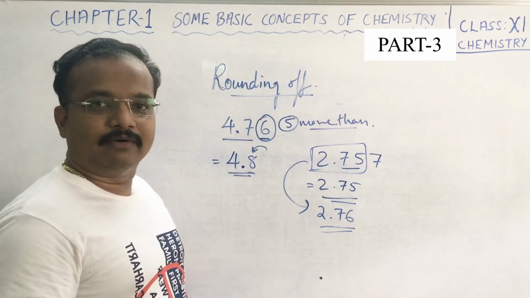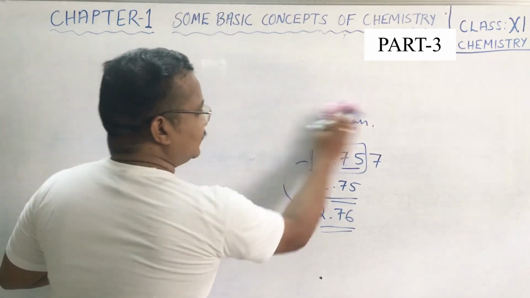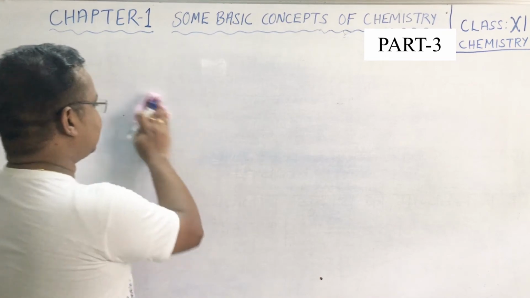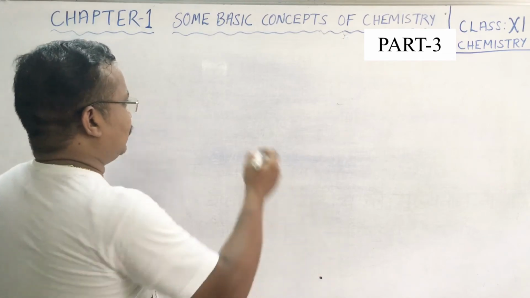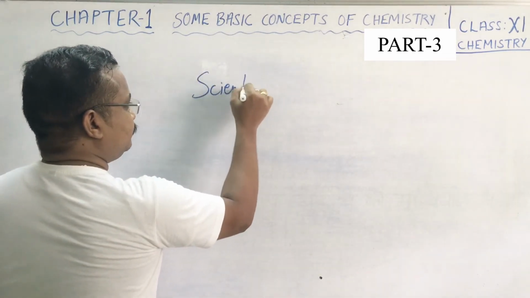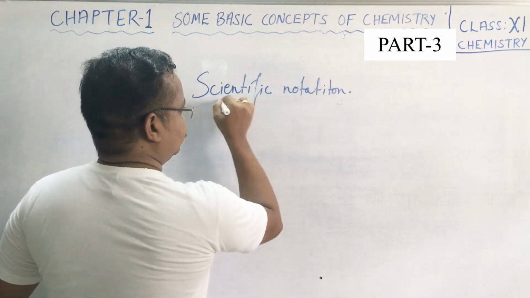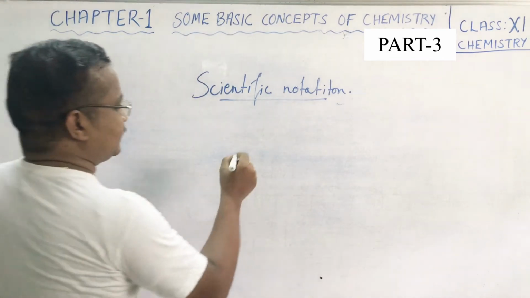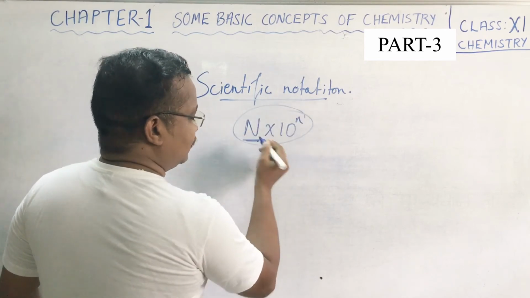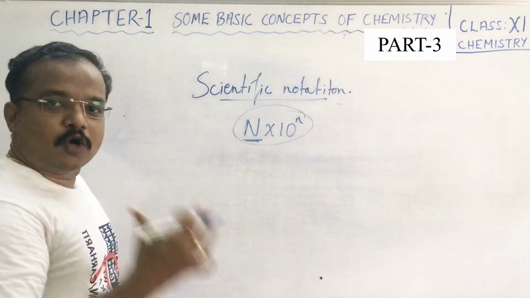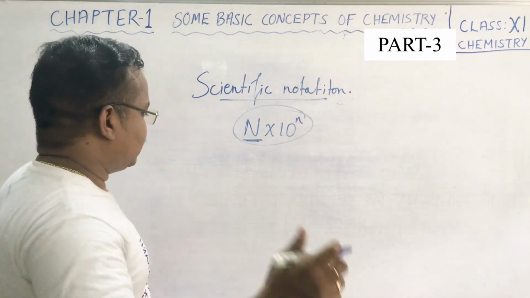Okay, next we shall study scientific notation. How do we express the values which we get? Children, all these things we study in order to apply these understandings in our numerical problems. So next we have scientific notation. Scientific notations are written in terms of N into 10 raised to n. Here N is the first non-zero digit, and we write the value in terms of 10 raised to their power. Suppose we have a number